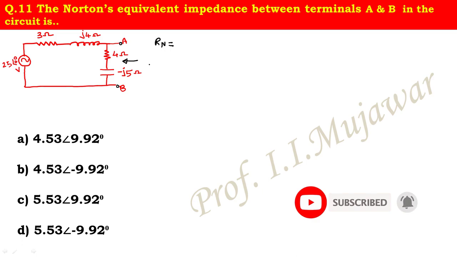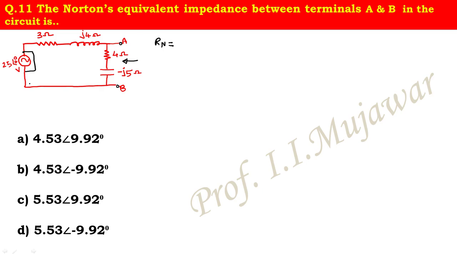So if we have a voltage source, that voltage source should be replaced by a short circuit, and if we have a current source, that current source should be replaced by an open circuit. So this is the ideal scenario. If a voltage source is represented with some magnitude with series resistance, then that voltage source is replaced by its internal resistance. Similarly, if a current source is represented with a resistance in parallel, then while removing the current source, it is simply replaced with its internal resistance.